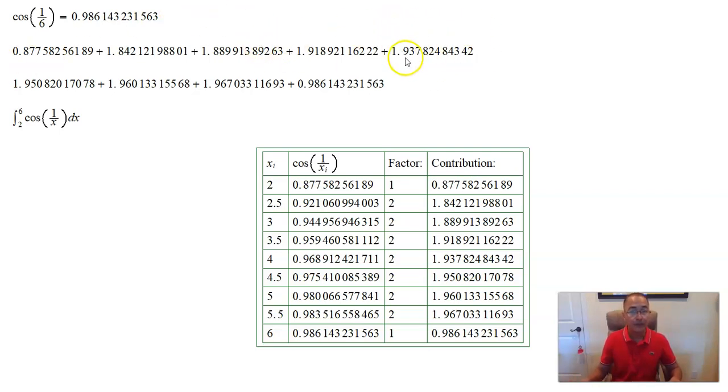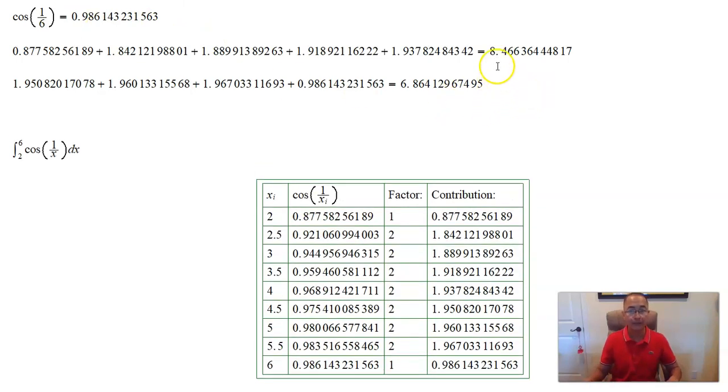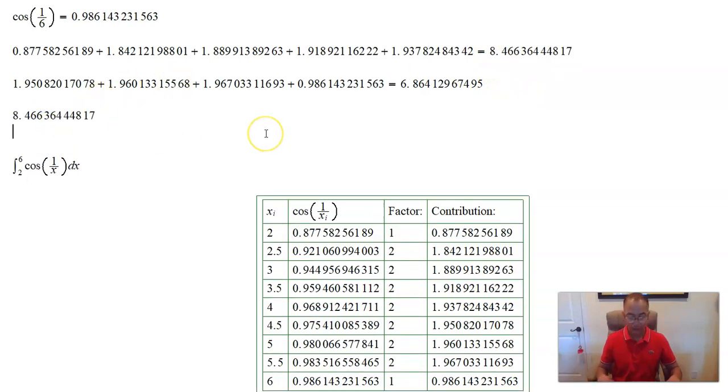Okay, so the first 5 numbers add up to this much, and the last 4 numbers add up to this much, so we will add them together like this. Of course, on your calculator,